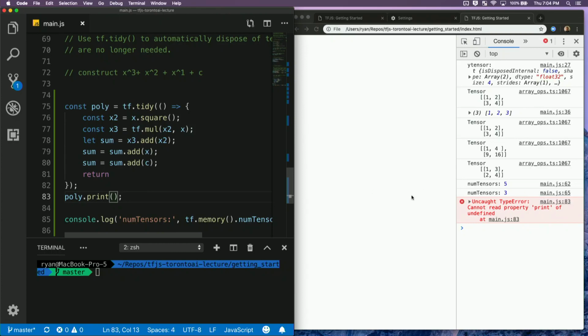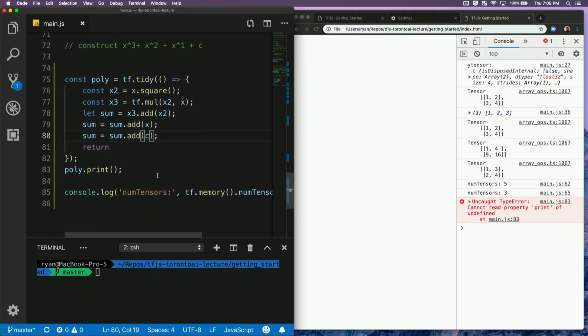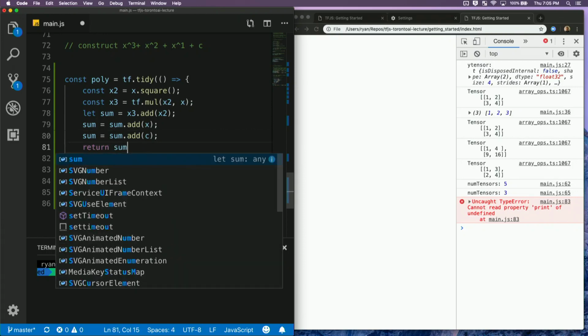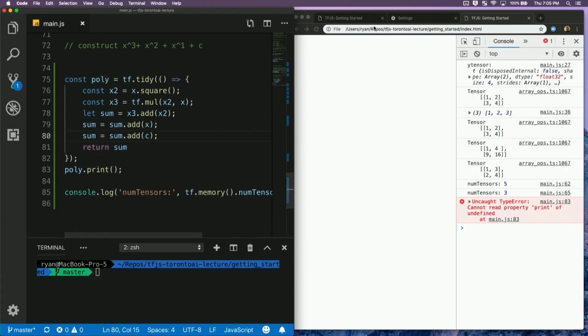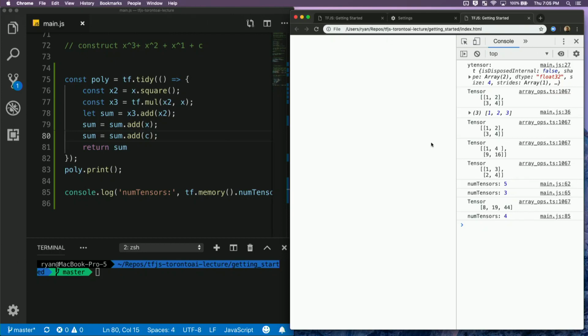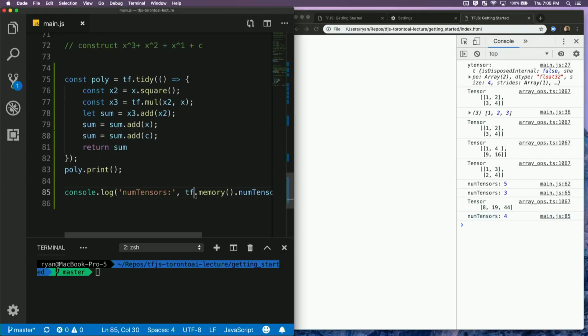Should work. What did I do? I may have made a typo somewhere. So let me just quickly fix that. If you spot it, let me know. Oh, shoot. Yeah, I forgot to write sum. There we go. Something was missing. There we go. So we get that tensor, and now you see it's deleted the unnecessary ones. Before we had 8, now we've got 4.